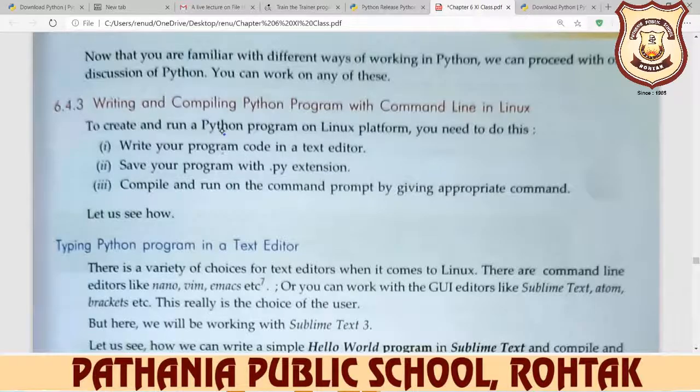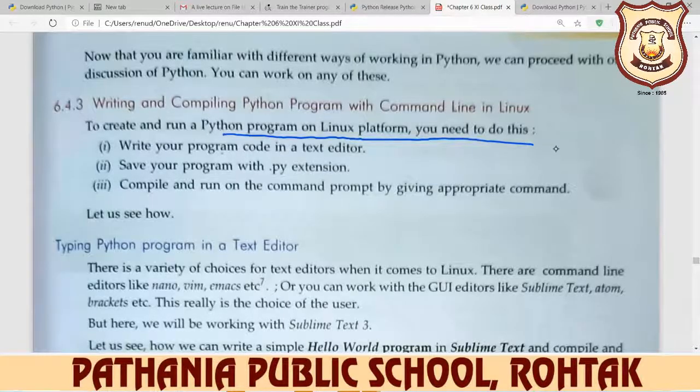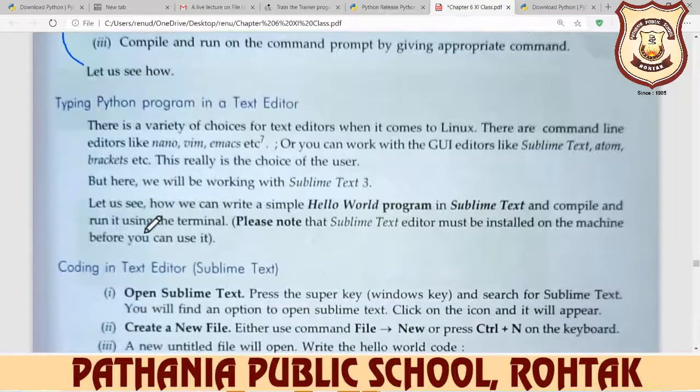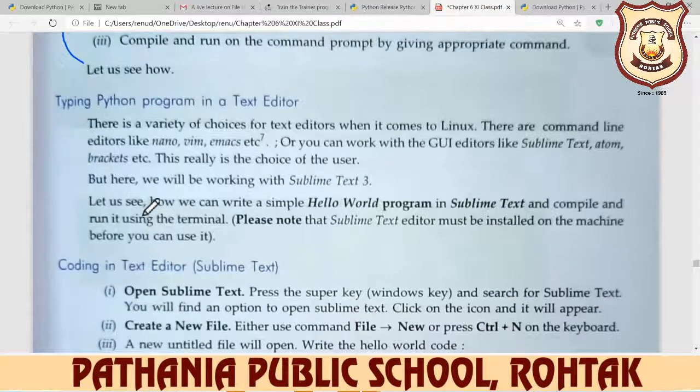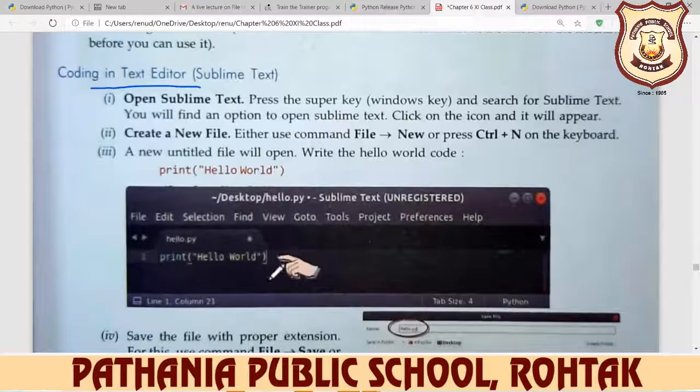To create and run a Python program on the Linux platform, you need to do these. Write your program code in a text editor, save your program with .py, and compile and run on the command prompt by giving the appropriate command. After that, your complete code will be written in your text editor. After that, coding in a text editor, Sublime Text, and this is your prompt.